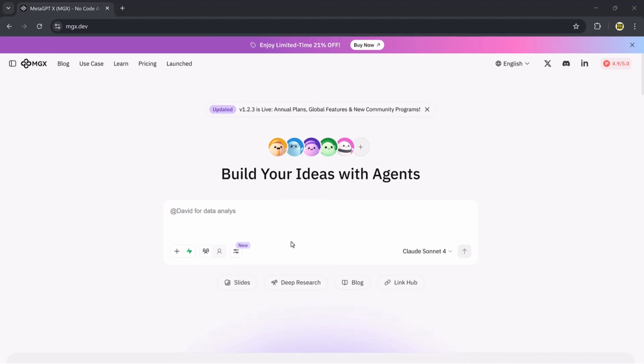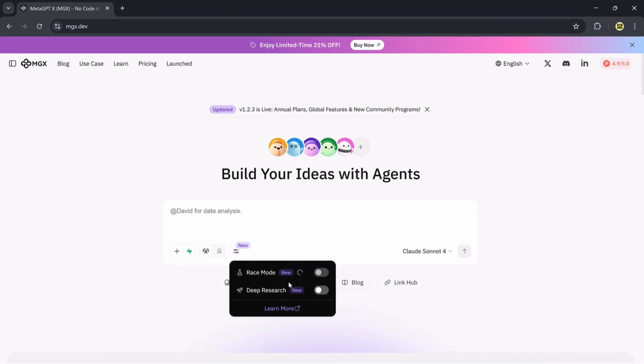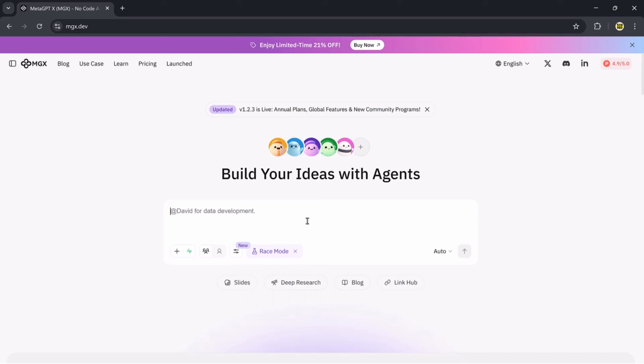Now, let's move on to another exciting feature, the race mode. To try it out, just enable race mode and enter your new prompt. For example, I'll type, generate a 3D content plan for LinkedIn to promote a startup. Click generate, and